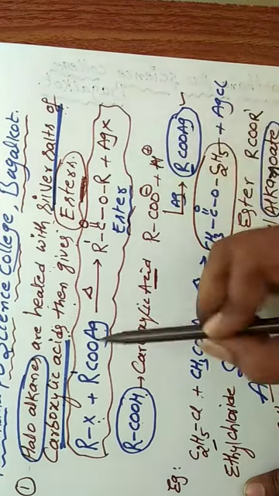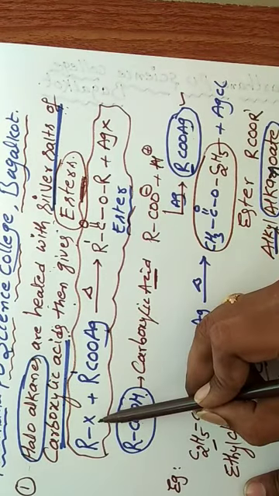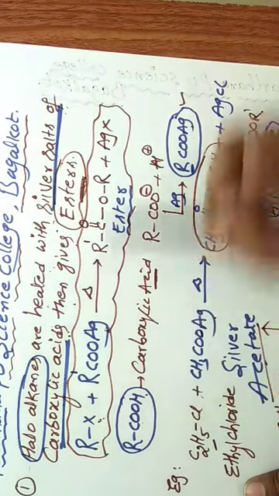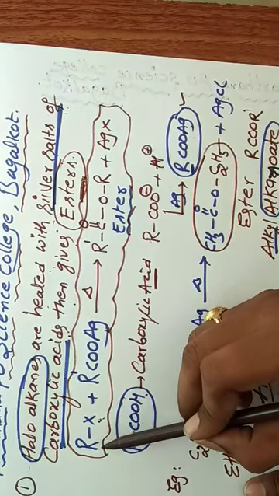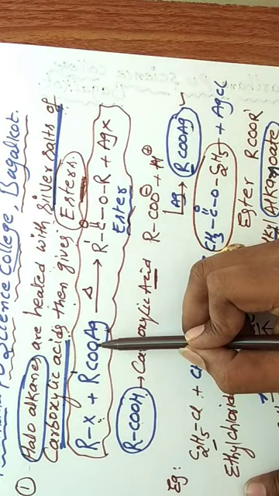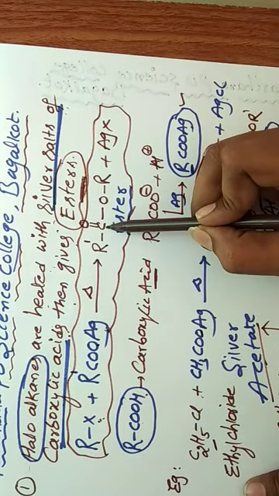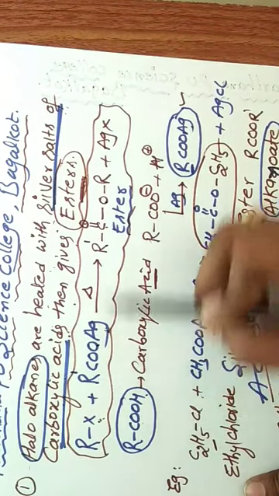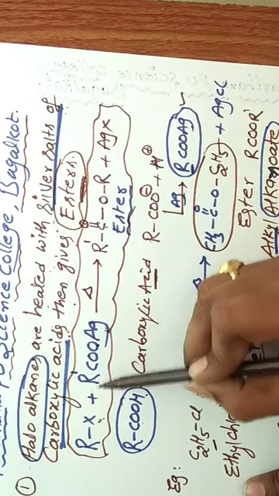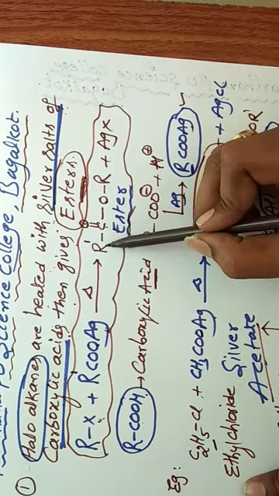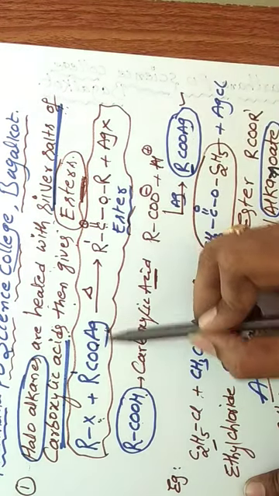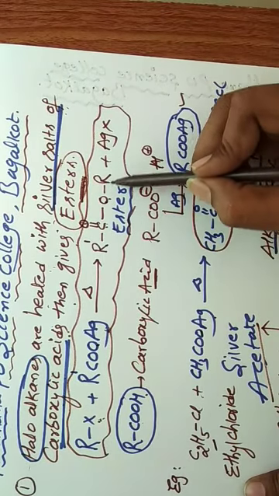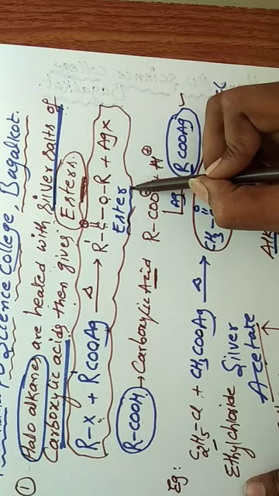How do we get the product? Here the silver part is there, and here the alkyl part is there. The halogen part and silver are removed as AgX. What is remaining? The alkyl group is attached to this oxygen. Up to this point there is no change, R dash COO, and here also R dash COO. Instead of Ag, the alkyl group is attached. This is called RCOOR, the ester functional group.